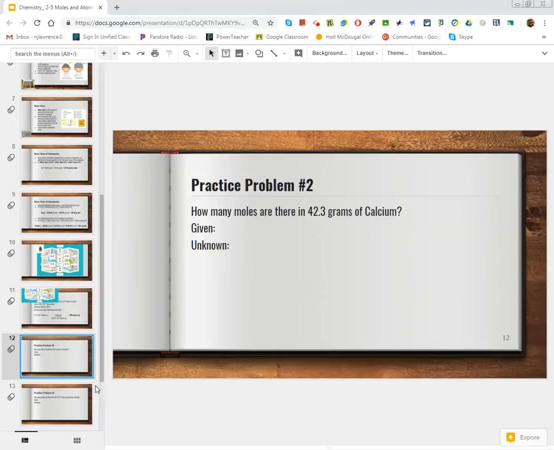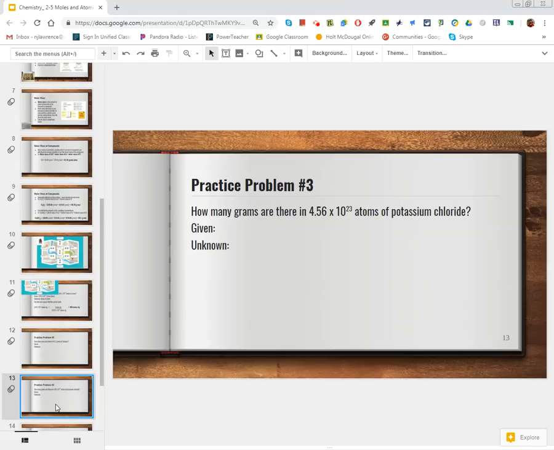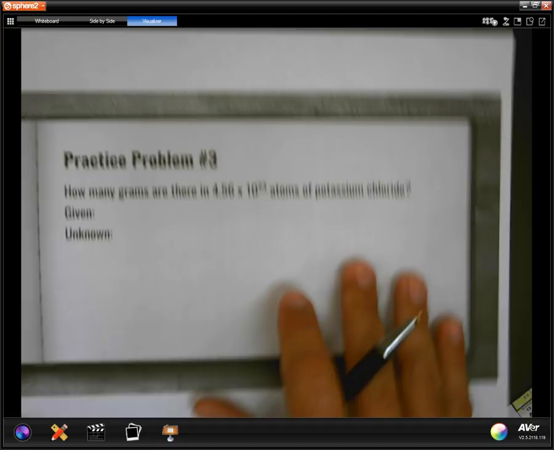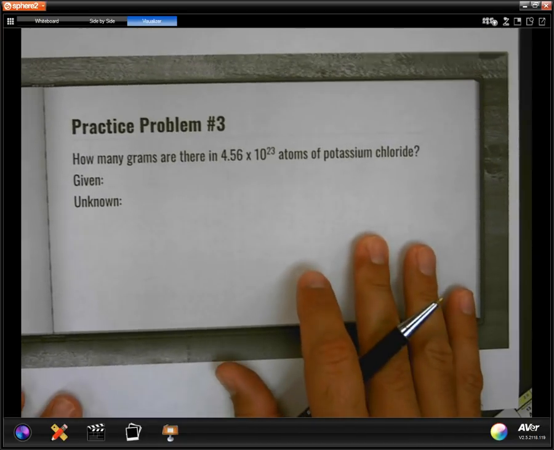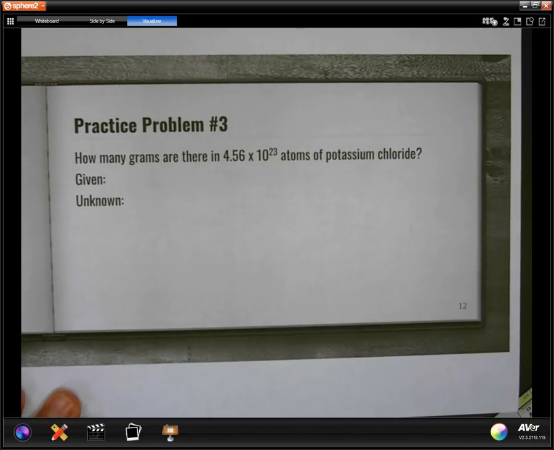Now let's look at one more problem. This is the toughest kind of problem of them all, but again, with the help of your mole map, I'm confident this will be manageable, and I'm confident you guys will perfect this quicker than most. So here we go. Let's start with practice problem number 3. And again, if you feel confident, go ahead and pause the video and try it. If not, you can watch me do it because you're going to have tons of practice of this in class